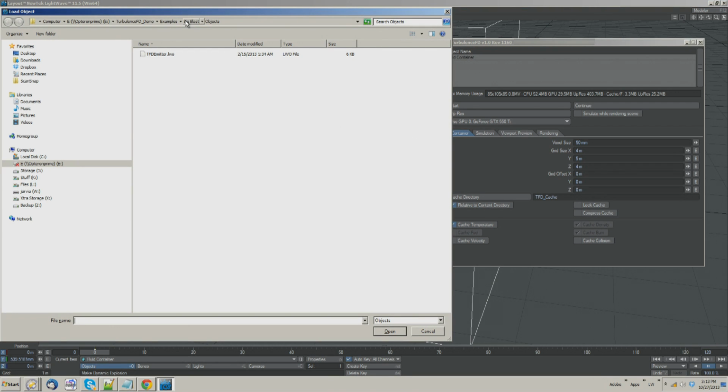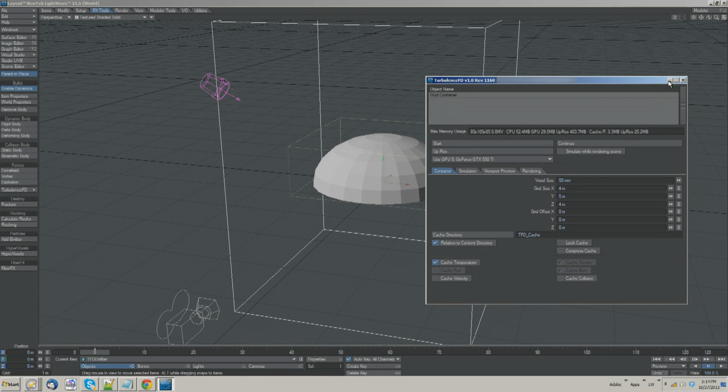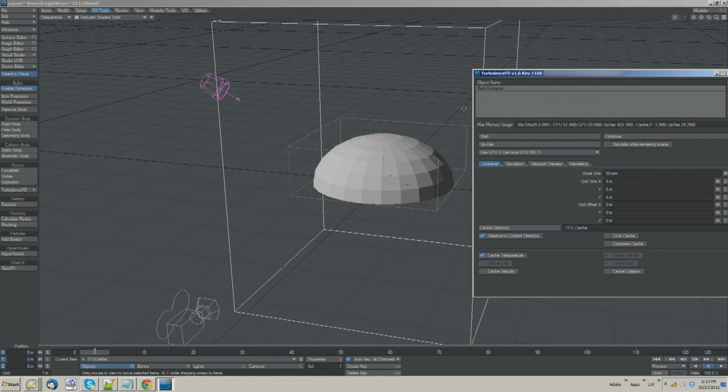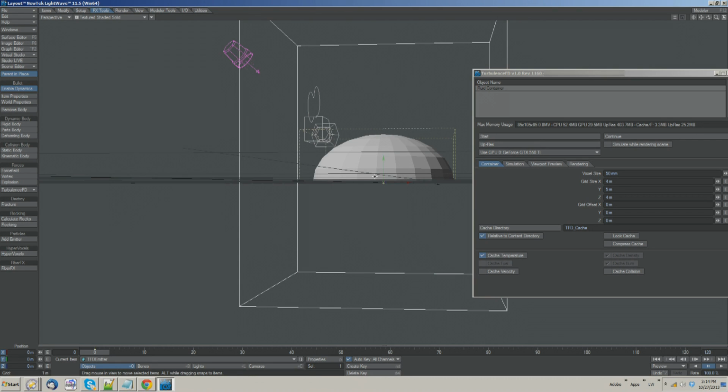So I'm going to bring in one of these little hemispheres. That is just a piece of geometry? That is, whatever you want it to be, just a piece of geometry. You can use any shape geometry you like as an emitter. And I'll be covering some rather useful things to do with that. So you can have a digital stuntman catch on fire and tumble and animate and all